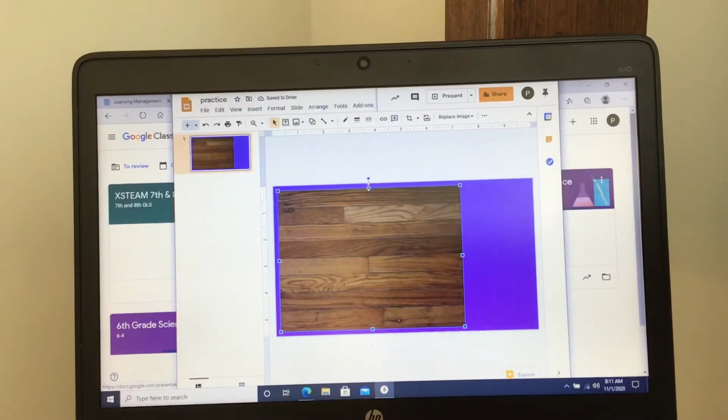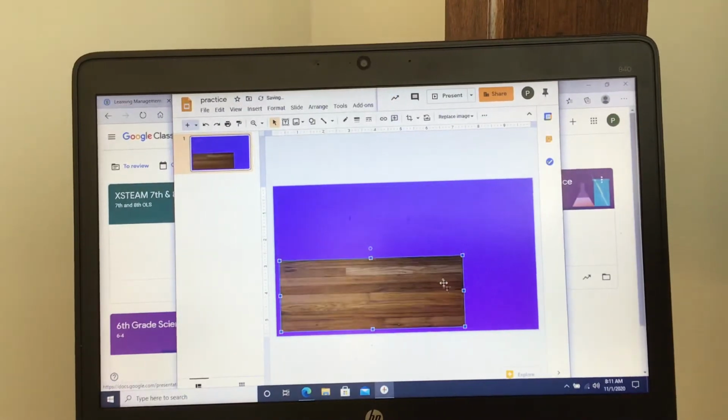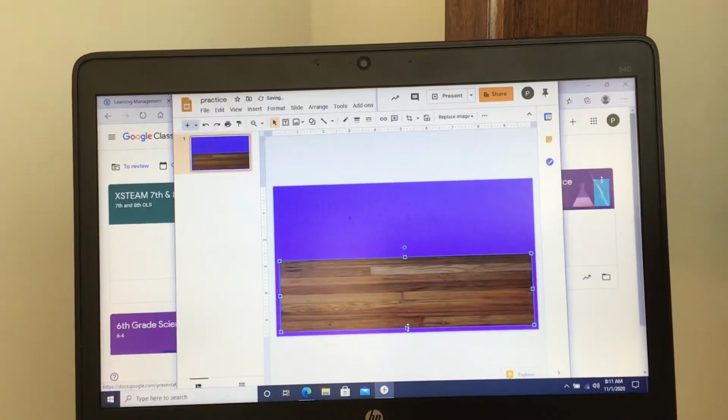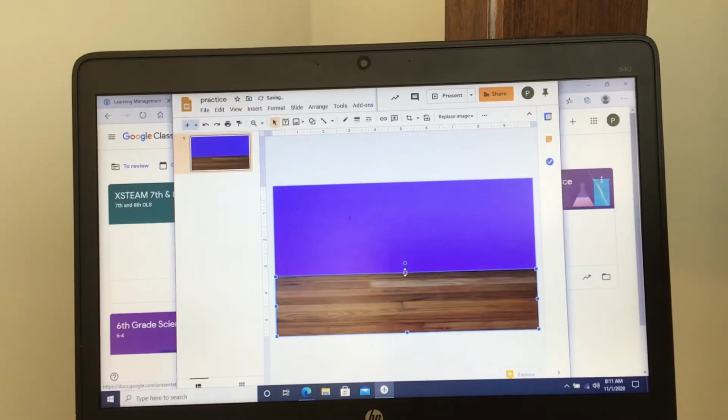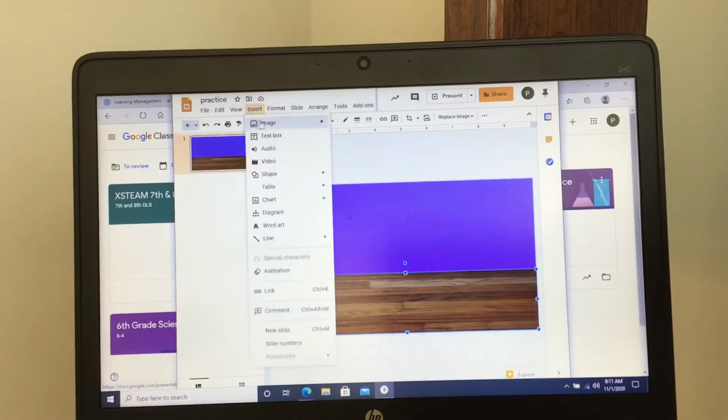And then you're going to fit it to your screen. Of course, I want it to look like a floor, so I would make it fit to the bottom here. Okay. And then I would go across, make this smaller. And then what I did was, to make it look like it's on an angle, I inserted a picture of